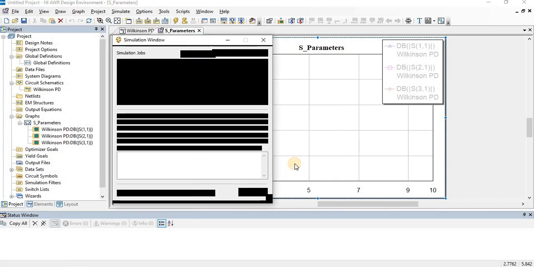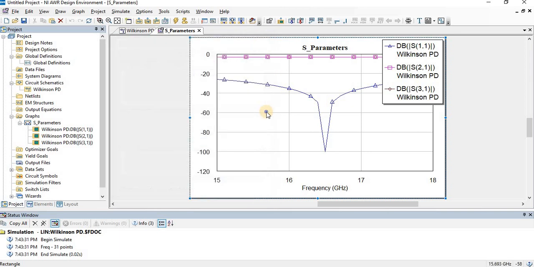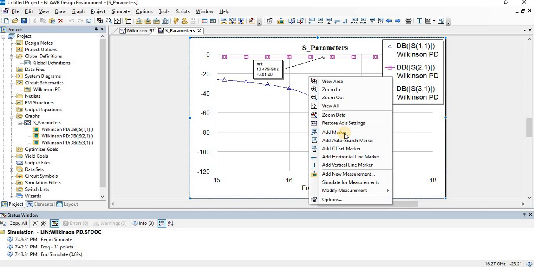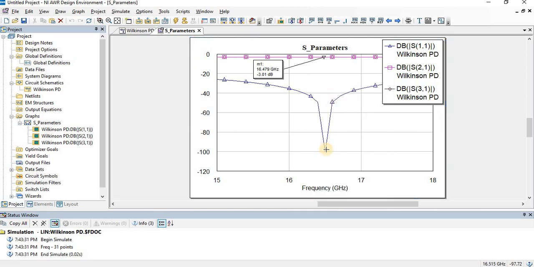So now you can simulate it. Here you can see, guys, for our 1:2 Wilkinson power divider, the loss will be -3 dB, and the return loss that we are getting is very good, which is around -99 dB.